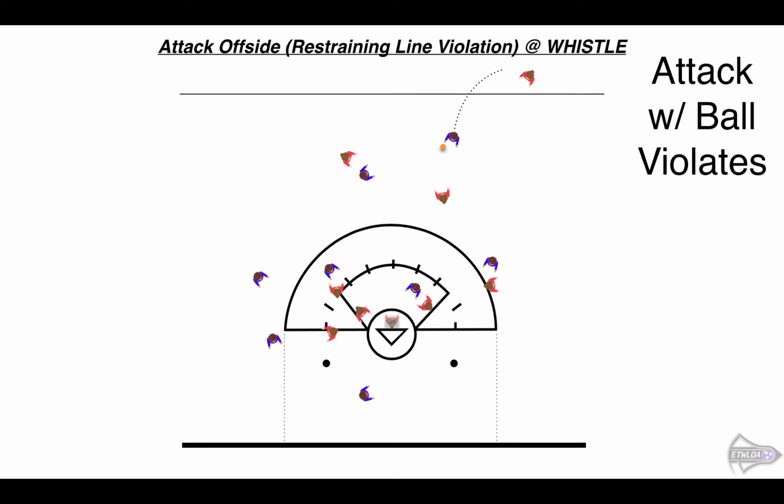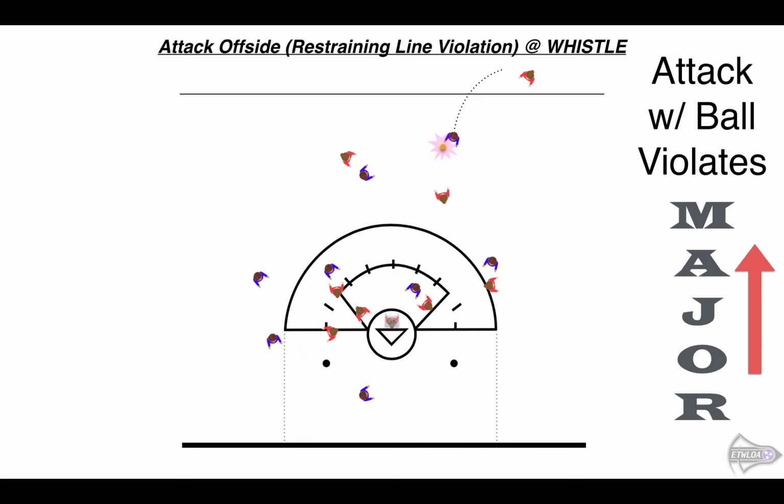Last scenario for an offside attack is when the attack player with the ball is the last one below to cross and become below the restraining line, thus causing the offside on the attack team. Since they're the violator or the offender, we're going to treat this a little bit differently. We're going to pay attention to the spot of the ball, call this a major foul,